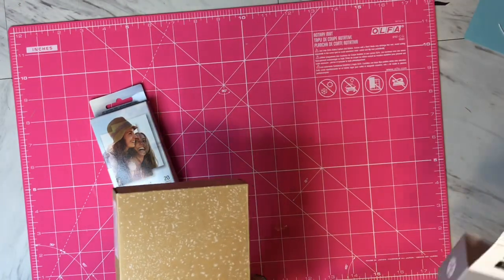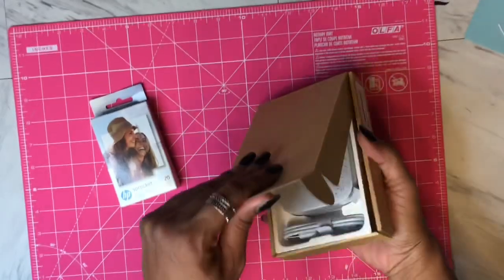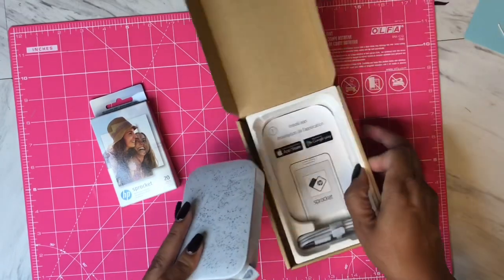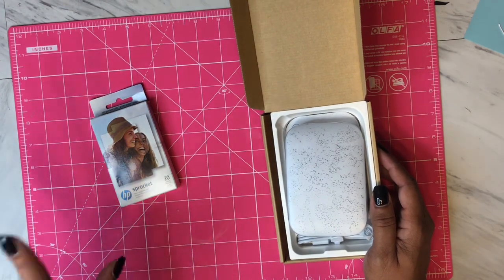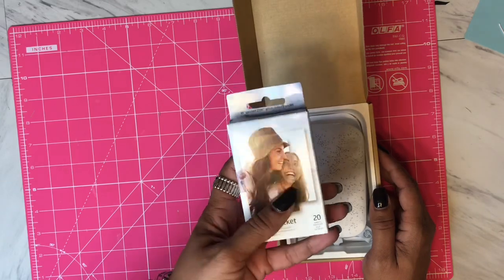And oh, that's why it came off. If I can set it up and print out a picture. Let's see. So I ordered this from, where did I order it from? I know you can get it on Amazon. I'll put a link down below. And I ordered these,